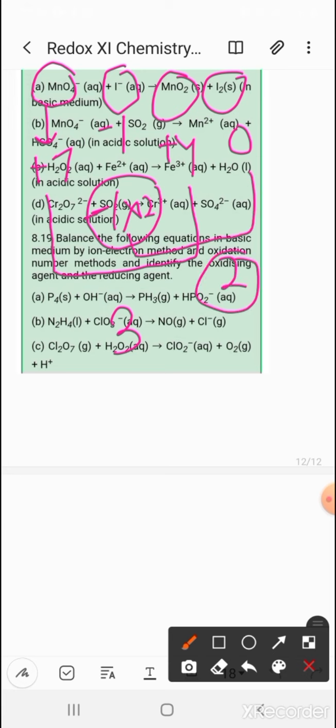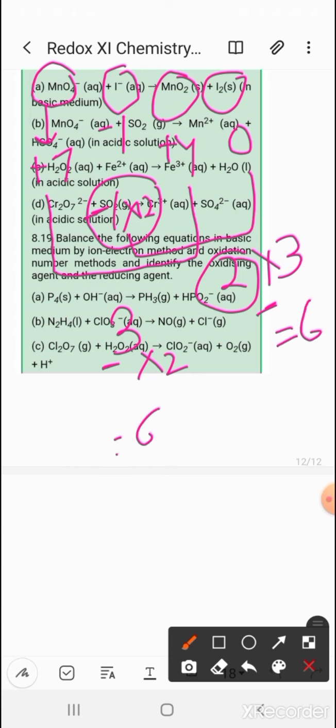So you can see +7 to +4 the change is 3, and -1 to 0, now the change is 2 here, because if we multiply -1 by 2 it becomes -2, and we are going from -2 to 0. There is an increment, so here the oxidation number is increasing, so it is oxidation, and in the case of manganese this is decreasing, there is a reduction. So you can see here the change is 3 and here the change is 2. To balance the change you have to multiply these changes by some factor so that they become the same. So if I multiply 2 by 3 and 3 by 2, it will become 6, which is the same now.